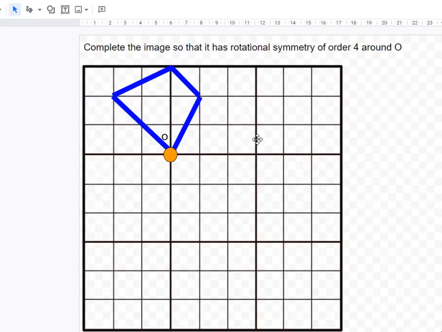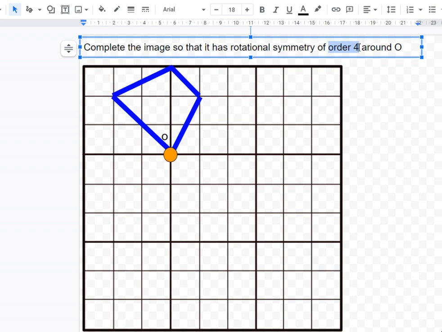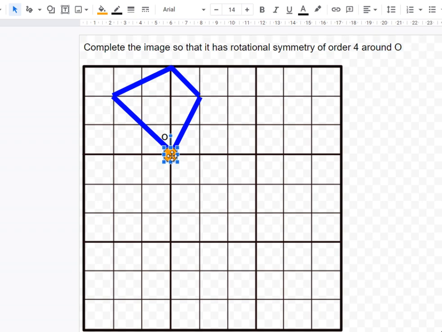Okay, so here we go. We're going to do an example of the rotational symmetry question. So complete the image so that it has rotational symmetry of order 4 around O. So order 4, meaning there'll be 4 shapes at the end of the day. Around O, meaning that this point in the middle here, labeled O, is going to be kind of at the